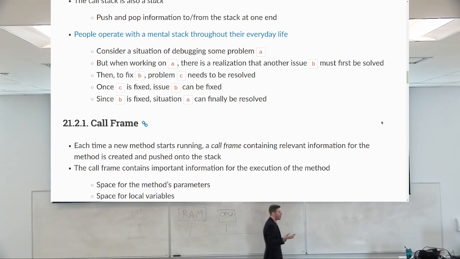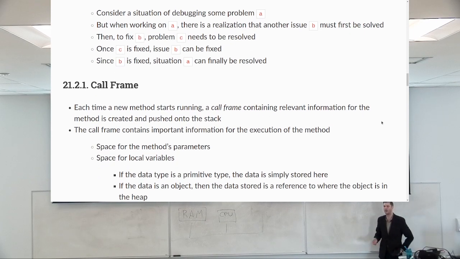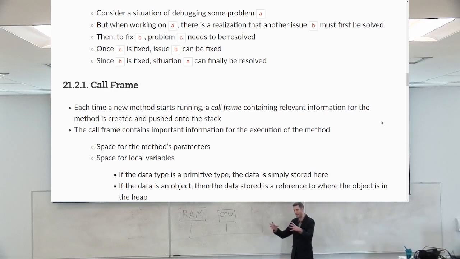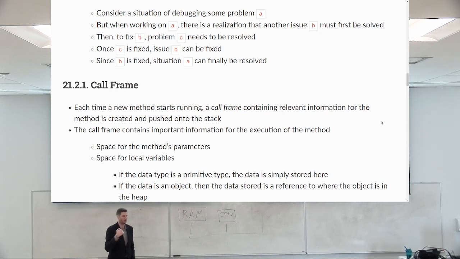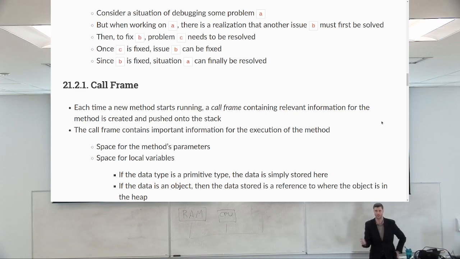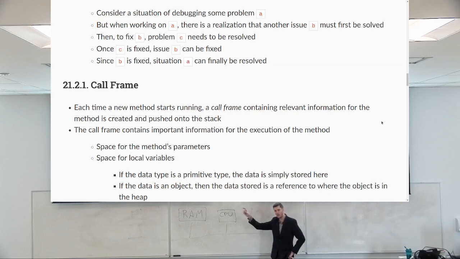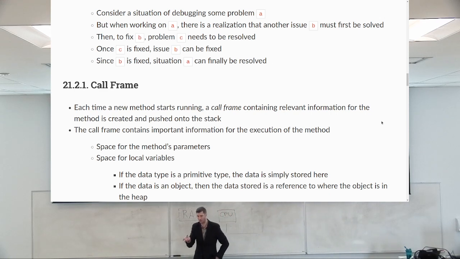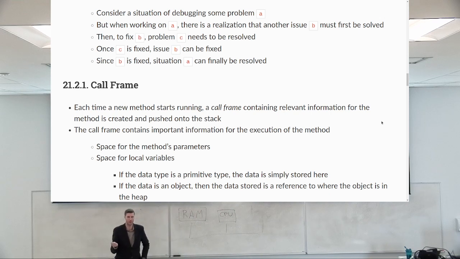Anyways, call frames. Each time a new method or function starts running, a call frame is created. These are the things that actually get added to the stack. And a call frame will store a couple pieces of important information. It stores any variables that are relevant to it, so primitive type variables. It'll store reference variables to objects that it needs. It'll store the parameters that the method got, so just more variable stuff. And it'll also know the return address of where